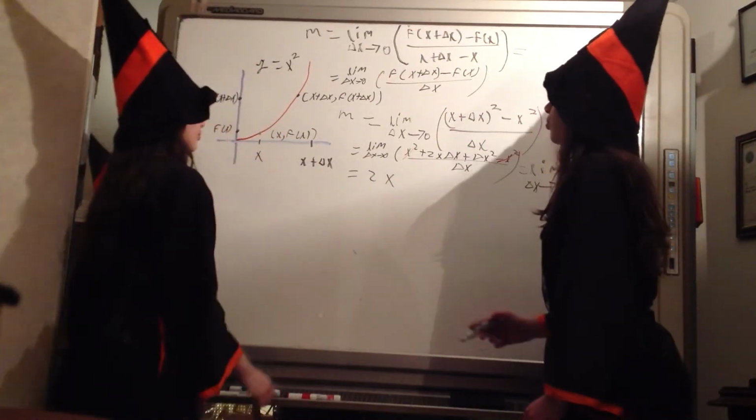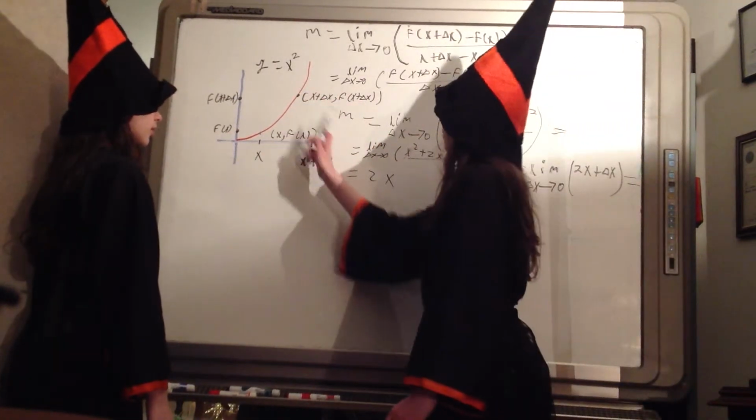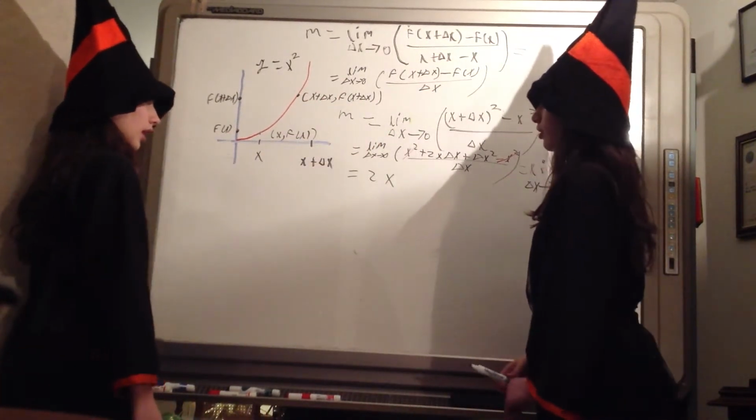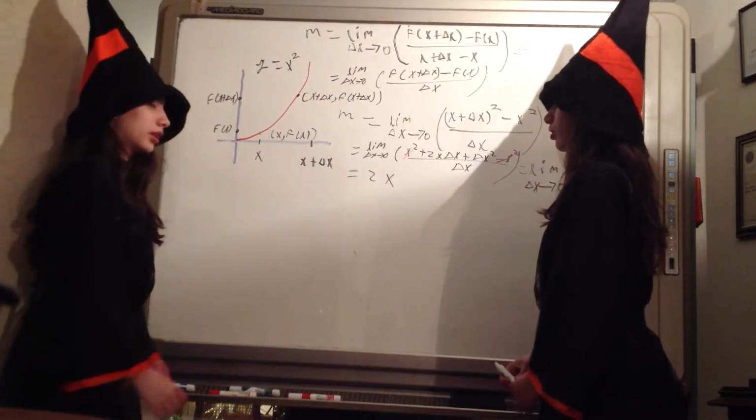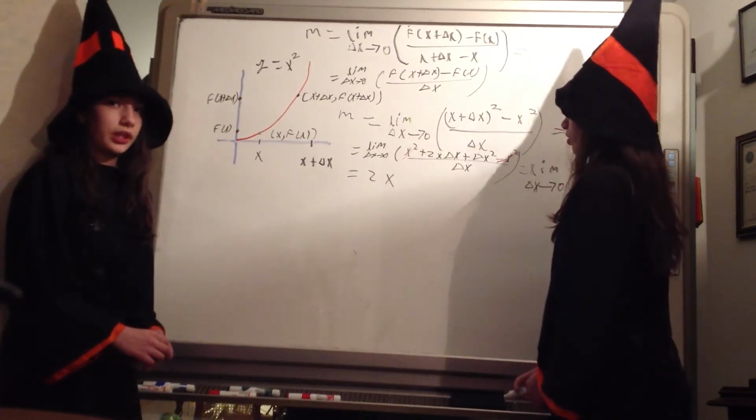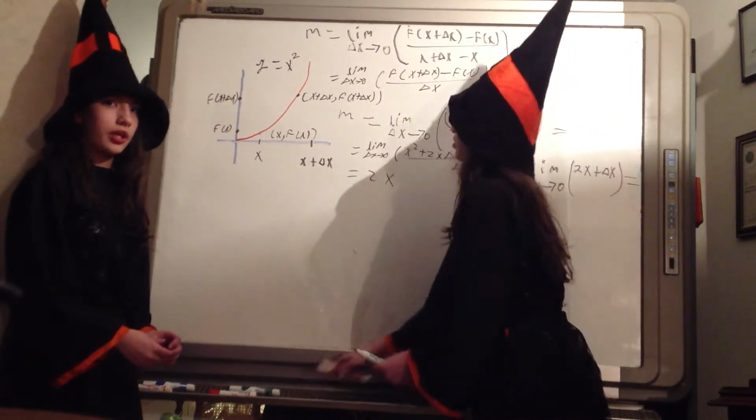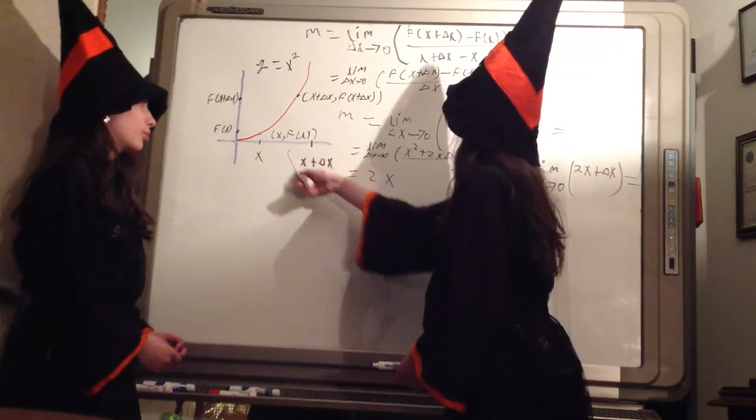and so the slope at any point of this graph is equal to 2x, and for example, if we want to know the slope of the tangent when x is equal to 1, it is 1 times 2, which is 2,